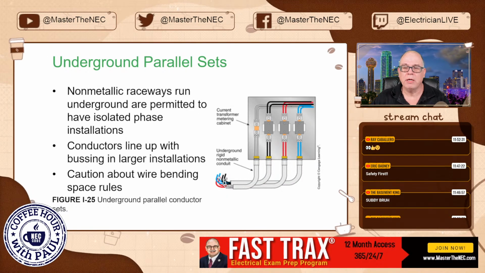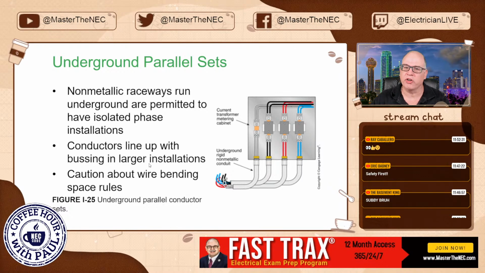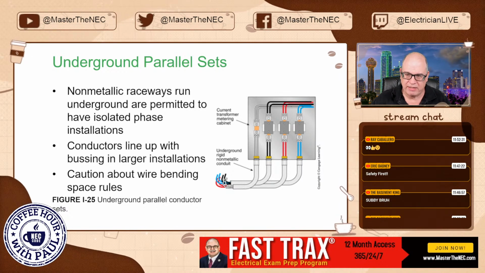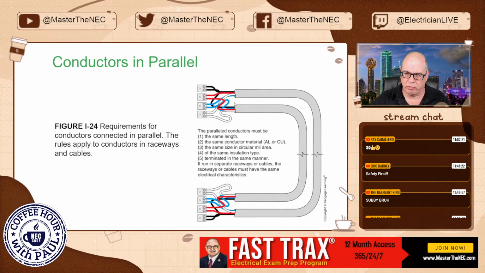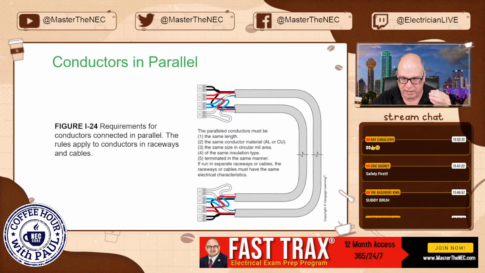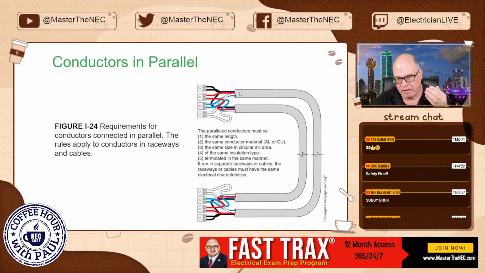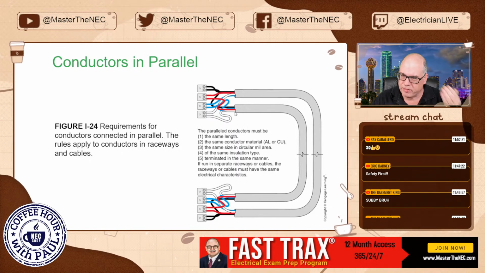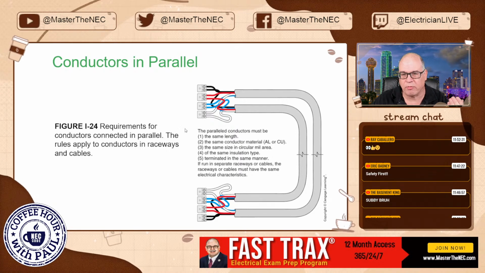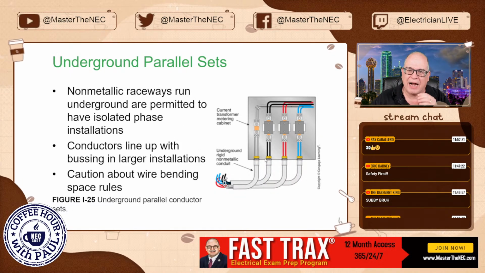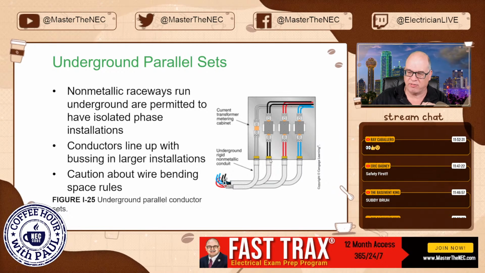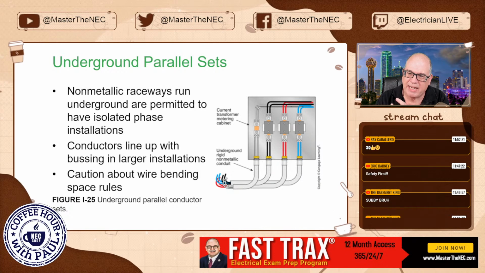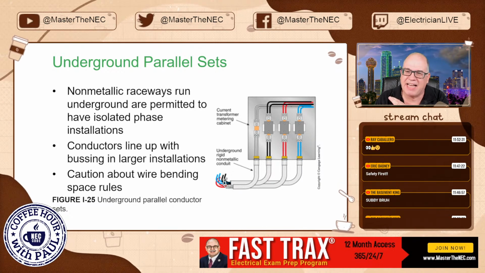All right, so there is an allowance when you're doing underground paralleling and you have non-metallic raceways. So typically this is what we're going to do, right? We're going to put ABC and grounded conductor and the equipment ground in one raceway, and then the next one, ABC, if it's 3-phase, by the way, with the neutral and our grounded conductor, another raceway. You are allowed to isolate the phases, but it has to be under the conditions that it's an underground application and that it's non-metallic raceways.